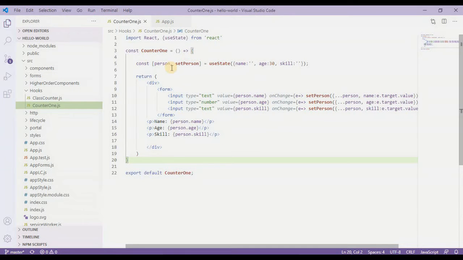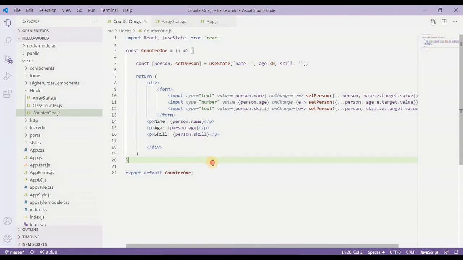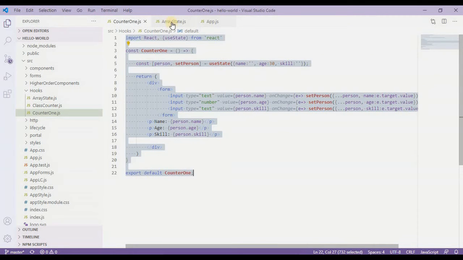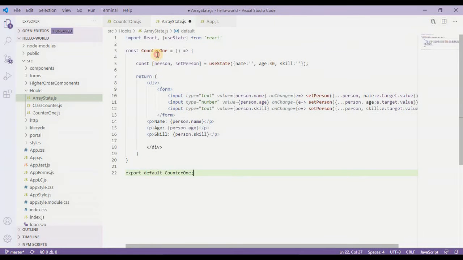As it is going to be again a stateless component or functional component, I'll simply copy all the stuff from here and paste in my array state.js. And instead of counter 1, I'm going to replace the value to array state.